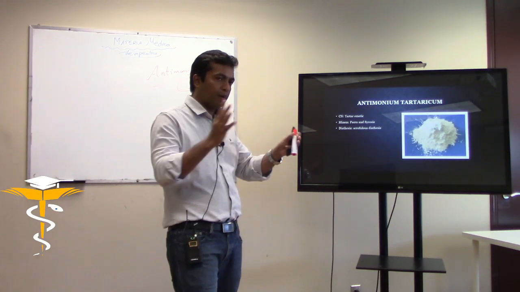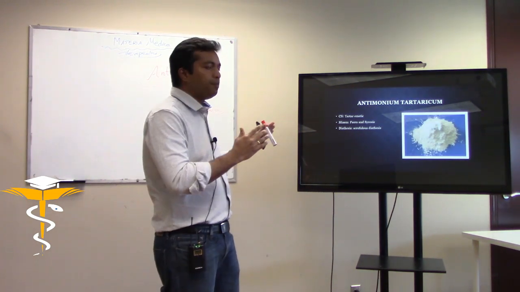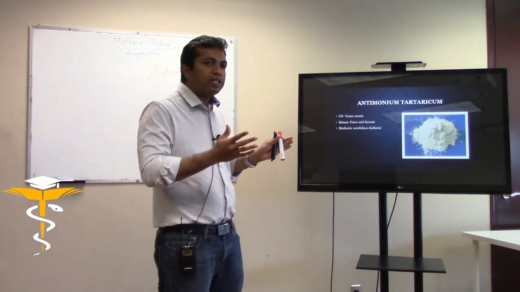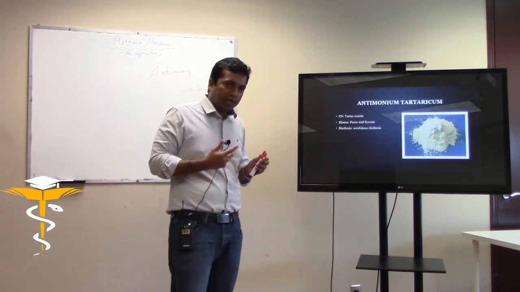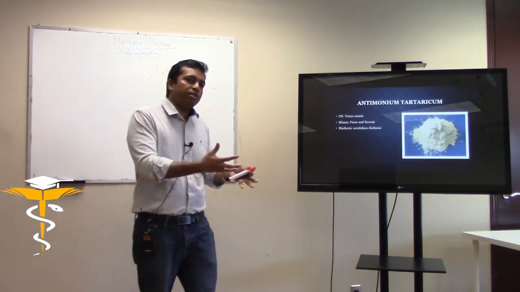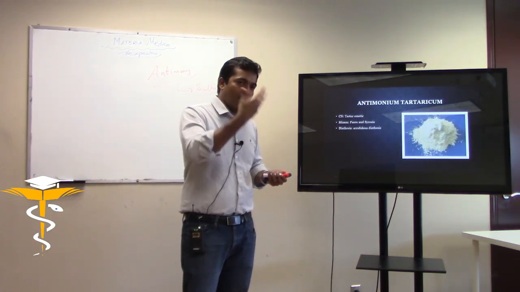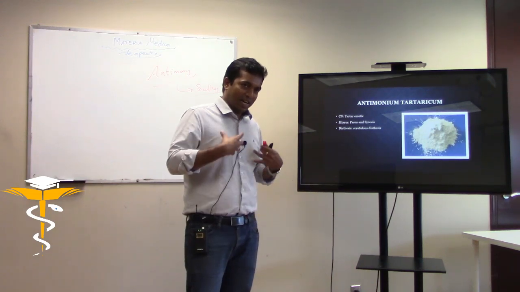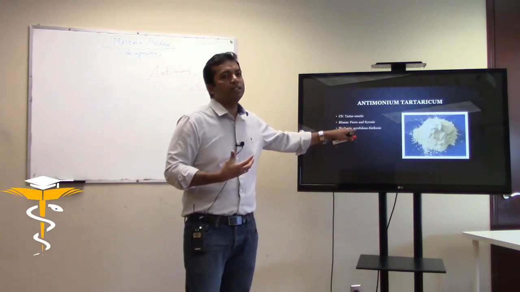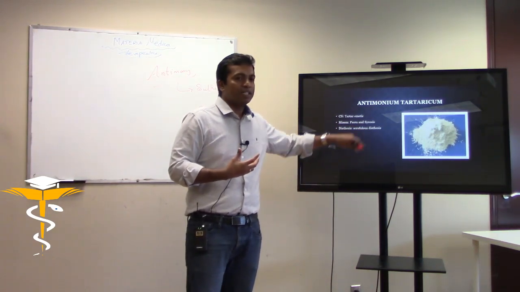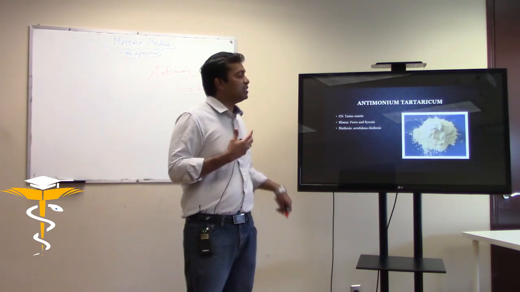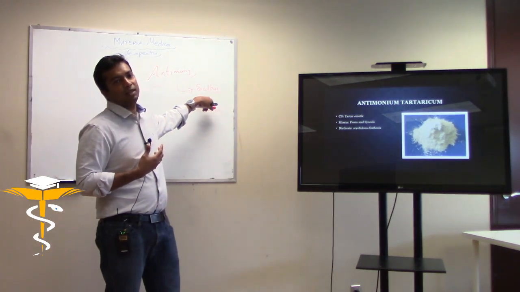All remedies have got miasms, but here you will find predominantly psoric and sycotic. Why do we call it psoric? Because it's usually found in the children, lot of mucus secretions, vomiting, discharges, rattling, all of them come under the psoric characteristics. Sycosis, why? Because of the mental state, the sulkiness that is lying in the background.